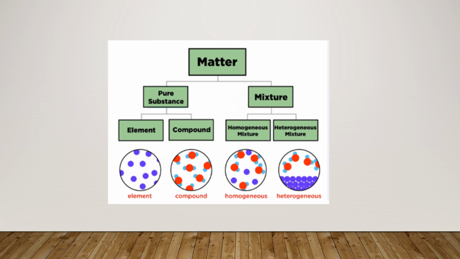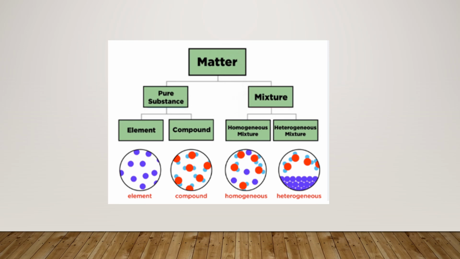Pure substances are elements and compounds. Elements, as you know, are found on the periodic table, such as copper and silver. Compounds are chemical substances that are formed from the reaction of elements with each other, such as salt or water. Mixtures are combinations of matter where no chemical reaction occurs. Mixtures can be separated by physical means, compounds cannot.